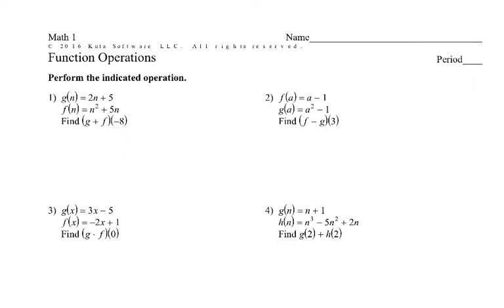Now, there's two ways that they like to write this. They can write it like this or like that. Basically means the same thing. We're adding the function g to f, and then we want to know, given an input of -8, what our output is. Same over here. An input of g, the function g, plus the input of function h,